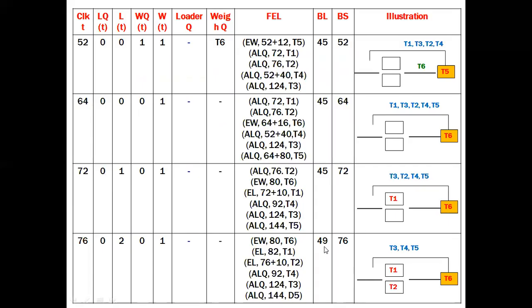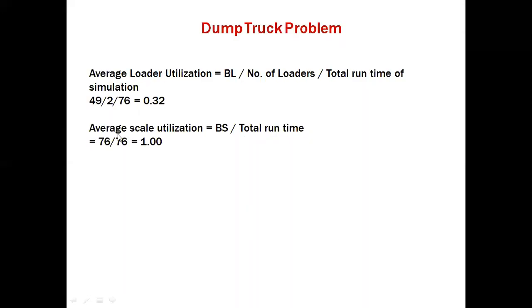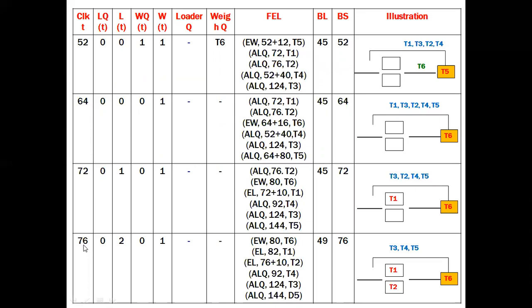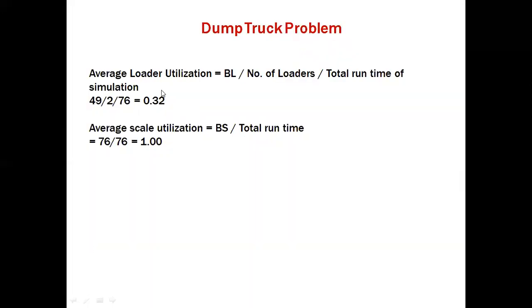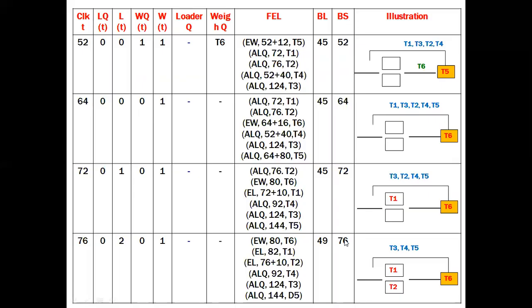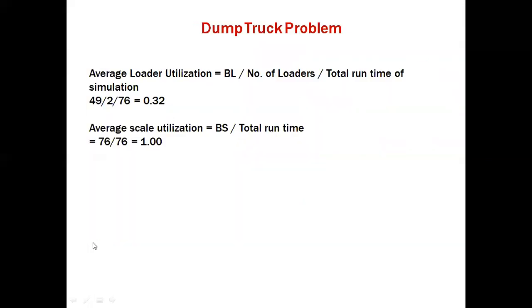So busy loader, we have got the simulated value. No? So busy loader is 49. So we have got the simulated value, that is the cumulative value, that is 49. Number of loaders 2. Total runtime of the simulation, how to find is, check out the clock here, that is 76. So we have got it as 0.3. And average scale utilization will be busy scale time divided by total runtime. So busy scale time will be, see, look at this, 76 cumulative value. And the total runtime is 76. So 76 by 76, that is average scale utilization is